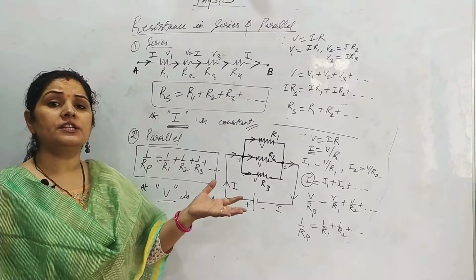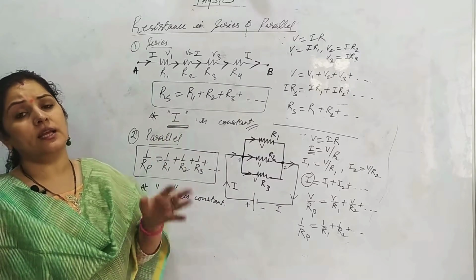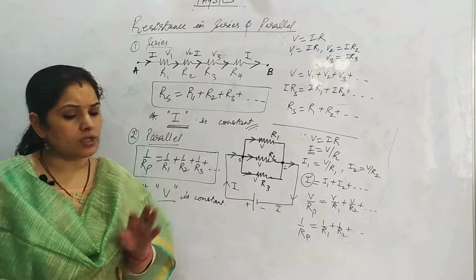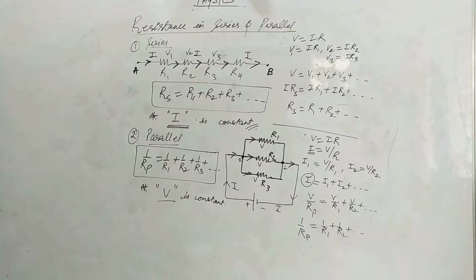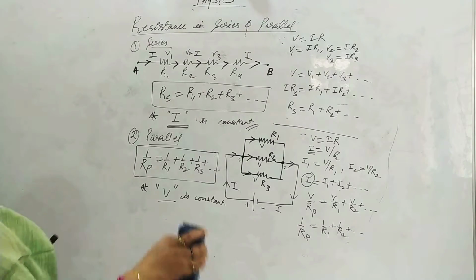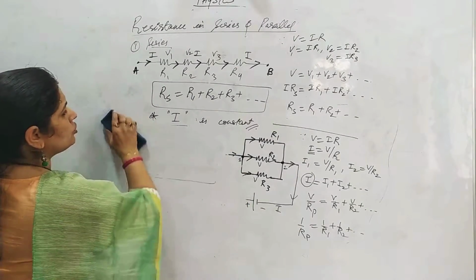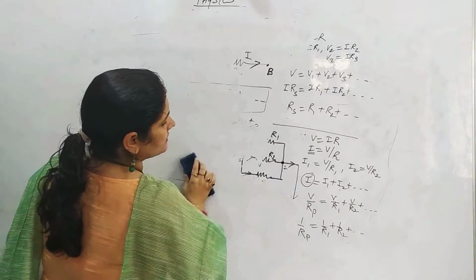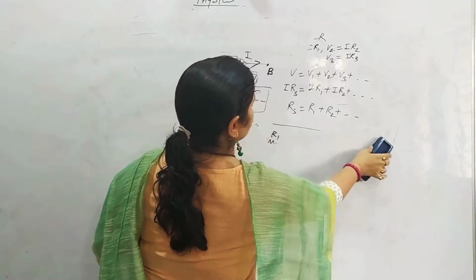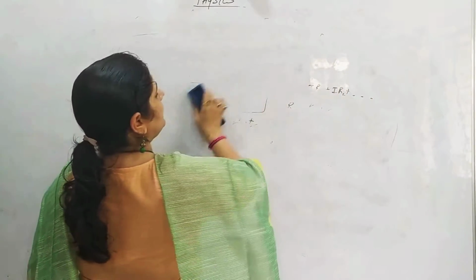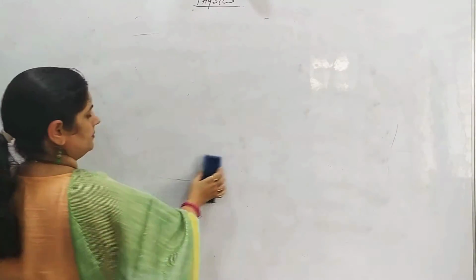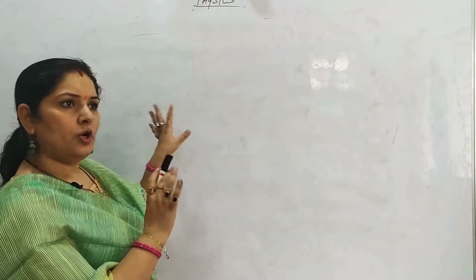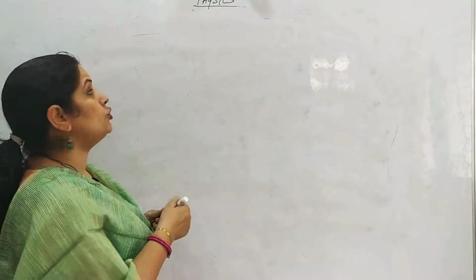We have a mixed combination where you have to check whether it is in series or parallel. There are multiple combinations. You can have both series and parallel, right? So we'll solve some questions of some types. So children, you need to identify how to check which part of the circuit is in series and which part of the circuit is in parallel. Checking that and identifying that is very, very important, right? So I'll draw a few circuits for you and will not solve the numericals, but show the type of circuits that you may get.